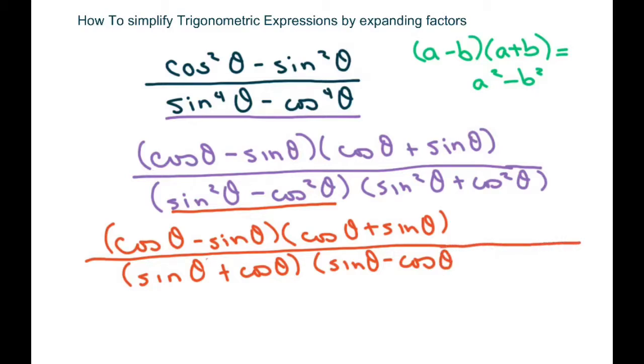Alright, and then we still have this piece, sine squared of theta plus cosine squared of theta. Okay, so what happens is these two cancel,